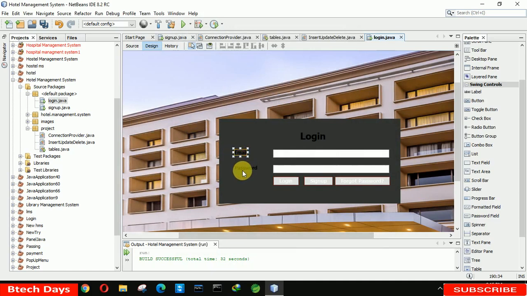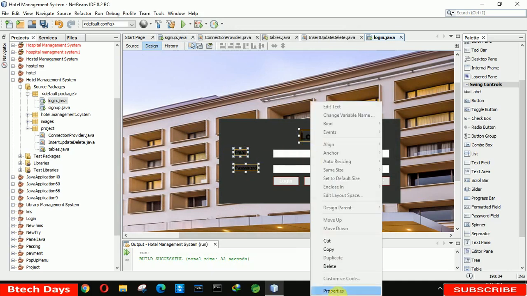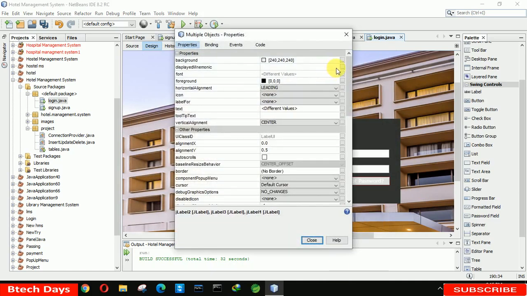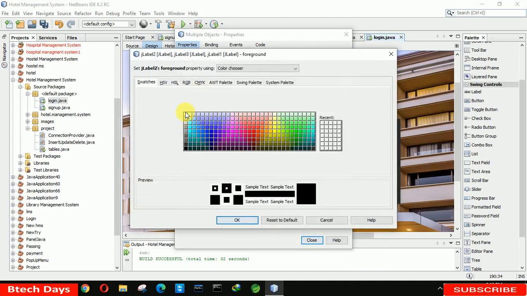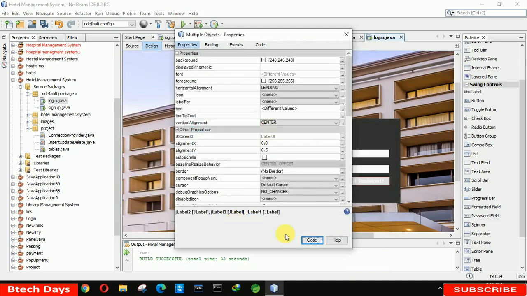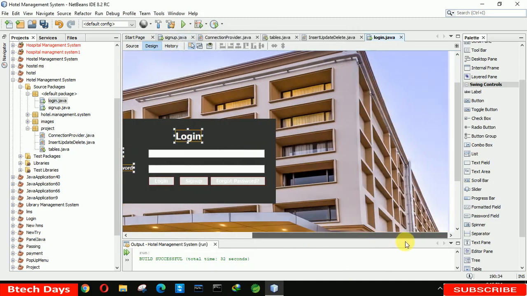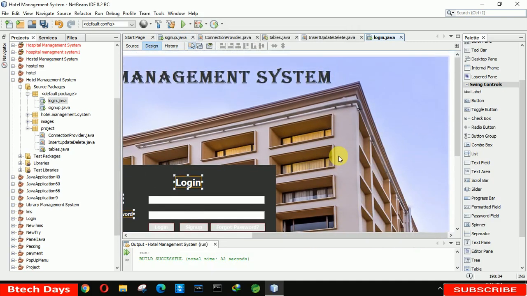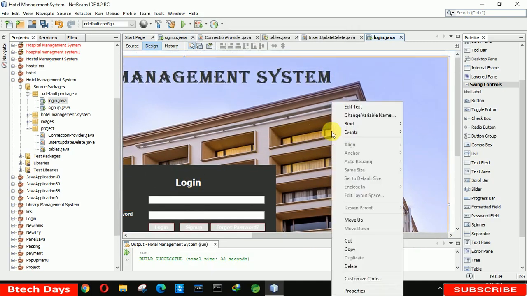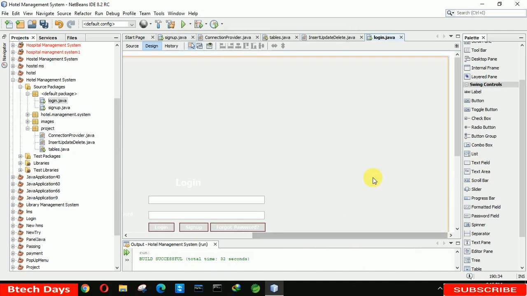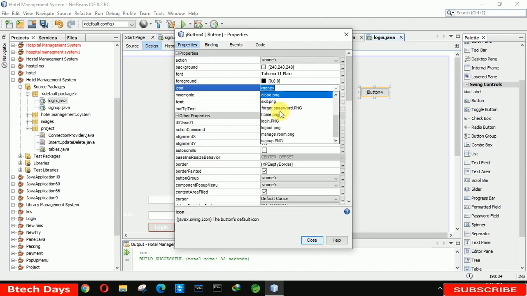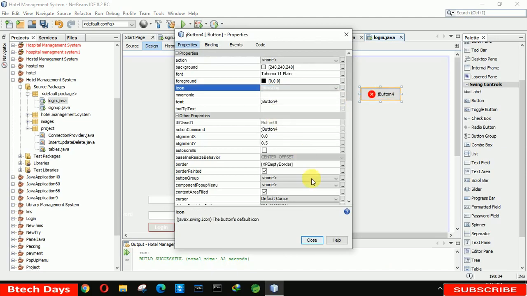And after that we have to select this part, these three labels, and make them white. Okay, right, and after that we click on close. Okay, one more thing we forgot here, that is our close button. So we have to delete this label here and save the page, and after that insert a button here, and in that button insert a close.png image. After that we also have to delete this. Okay, and after that we close this,